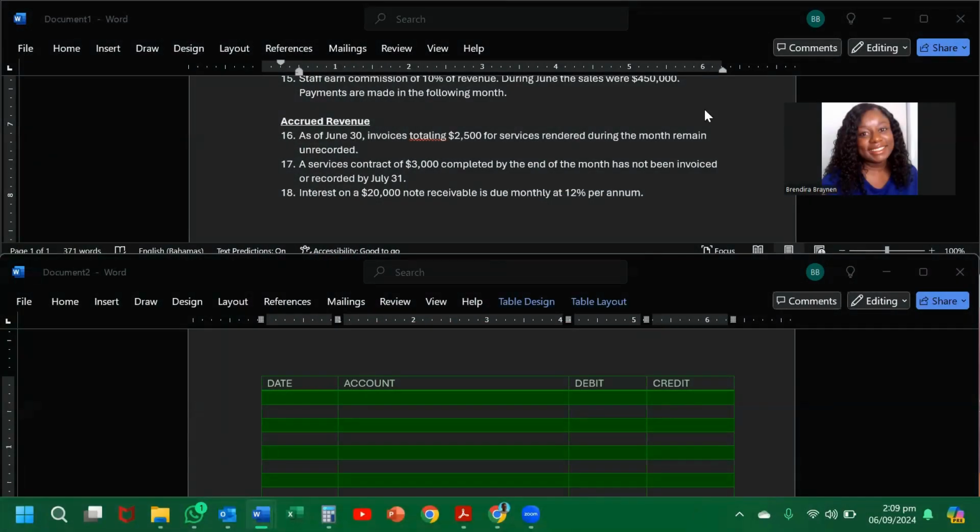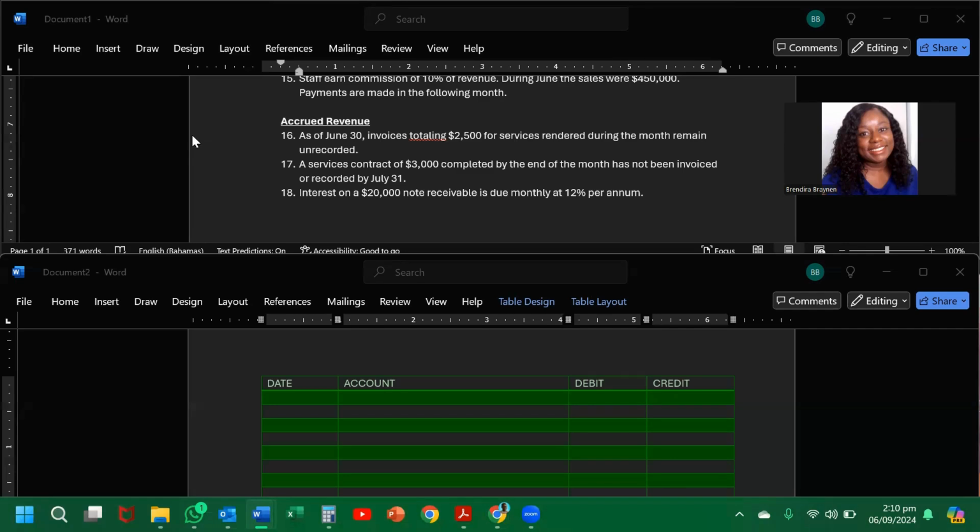Our final type of adjusting entry is going to be an accrued revenue type entry. Again, when we think of the word accrued, we think of something that hasn't been recorded in the books at all as yet, and now we need to record it to make sure the revenue is posted in the right period. An accrued revenue transaction always involves some type of asset account and a revenue account. The asset account, in most cases, is going to be some type of receivable